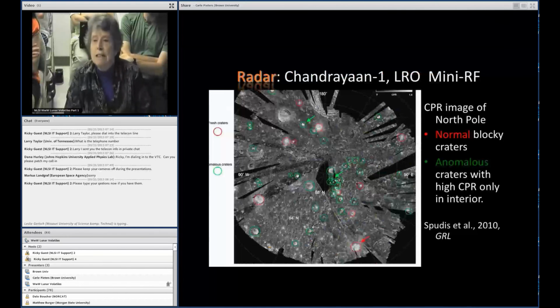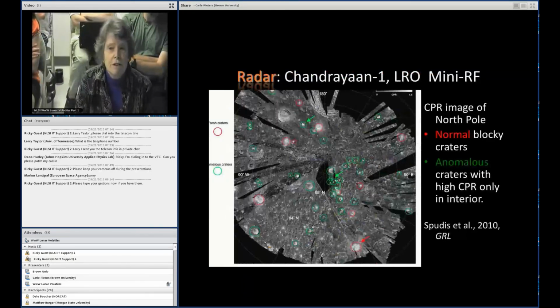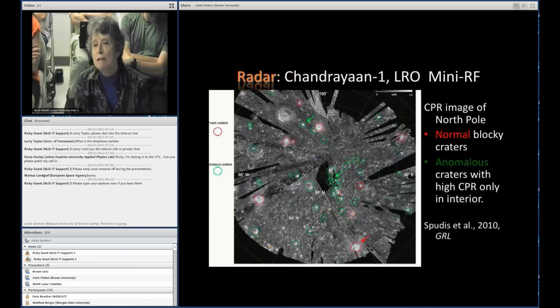And the difficulty is that fresh craters give you blocky signatures, and it's difficult to separate that from when you might have a signature from ice. They came up with an algorithm, or at least a model, of looking for craters that have blocky material on the inside and the outside, but if you have a high CPR signature only on the inside, that suggests those areas might have